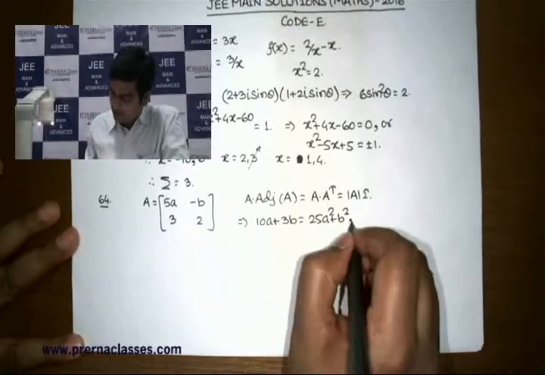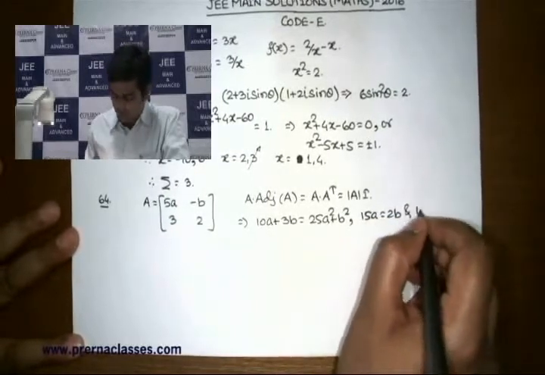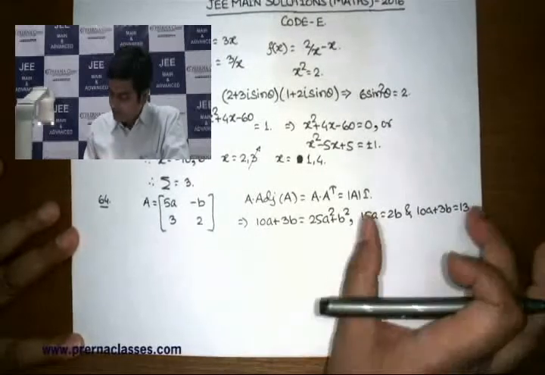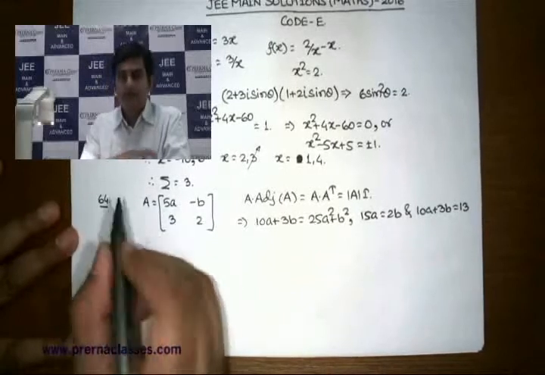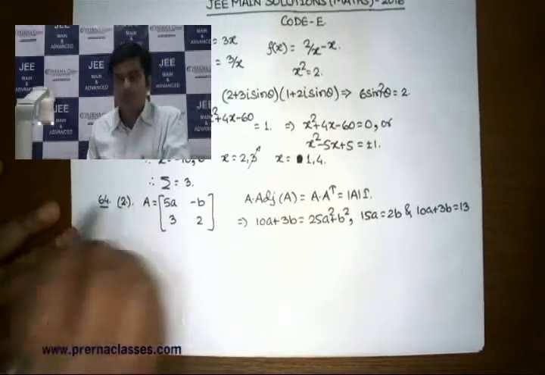Next problem is related with system of linear equations. There you have a set of 3 equations which form a homogeneous system, and you are looking for the number of values of lambda when that system has a non-trivial solution. Clearly in that case, all you need to do is make sure the coefficient matrix is singular. If you do that, you will find that it's a cubic polynomial in lambda, and that expression is going to simplify to this. Clearly you can check there are 3 different values of lambda, which is going to match with option 4 in that problem.